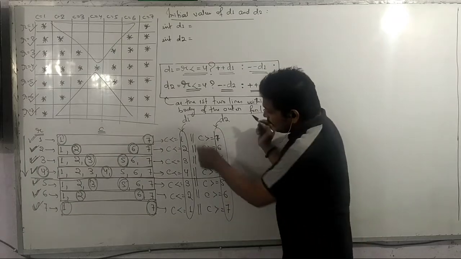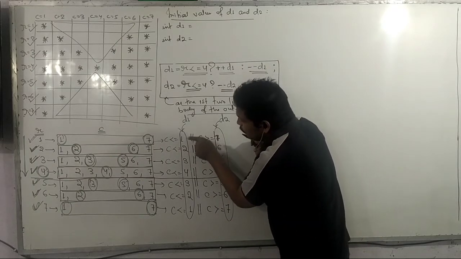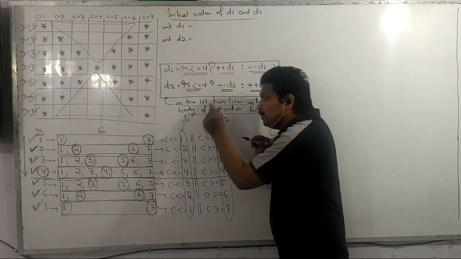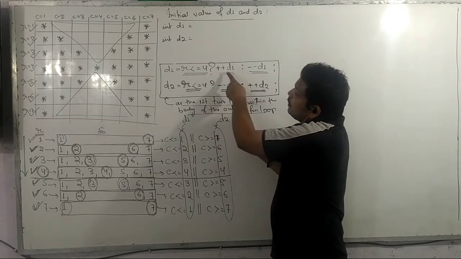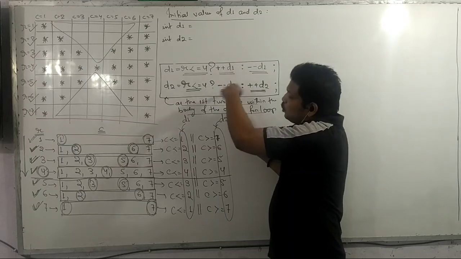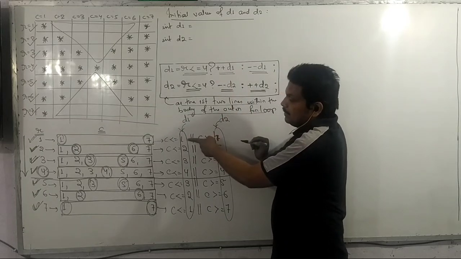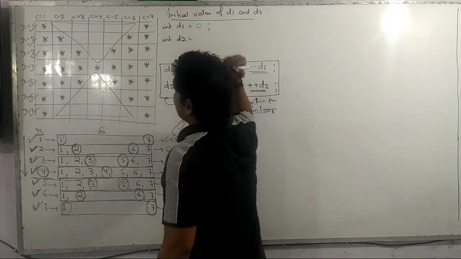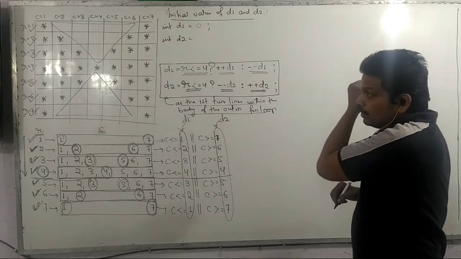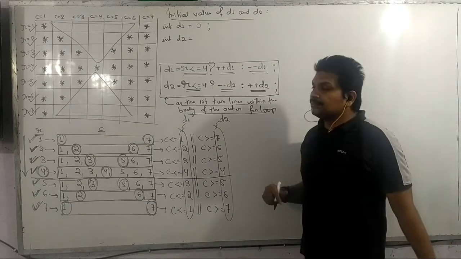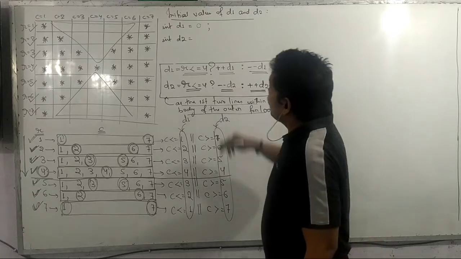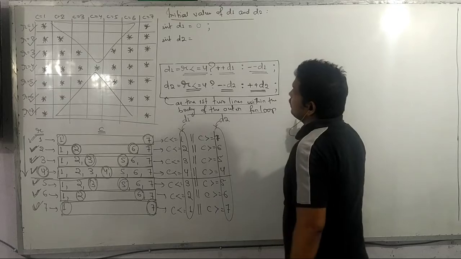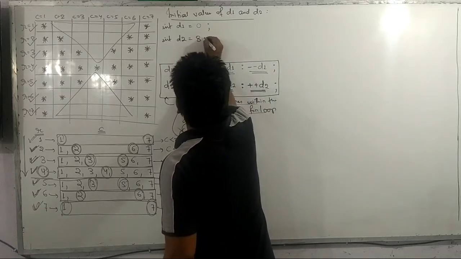So D1, say initially the values of D1 are increasing. So what should be the initial value of D1, so that if it goes through the process of incrementing, it should become 1 at the first instance? So it should be 0. So I will take here int D1 is equal to 0. Clear or not? Then int D2 is equal to, it should be 8. Why?